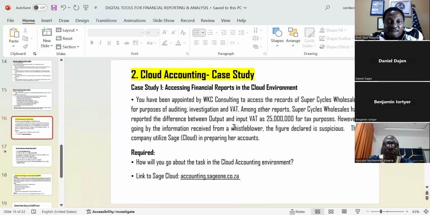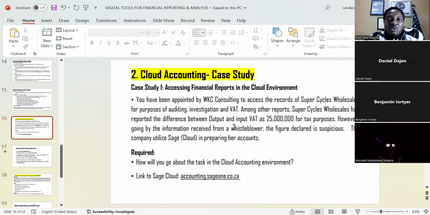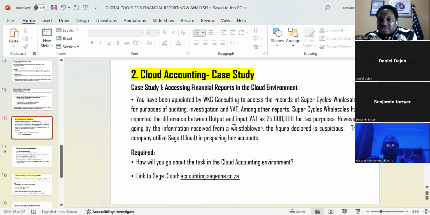However, going by the information received from a whistleblower, the figure declared is suspicious. The company utilized Sage Cloud in preparing its accounts. Required: how will you go about the tax in a cloud accounting environment?